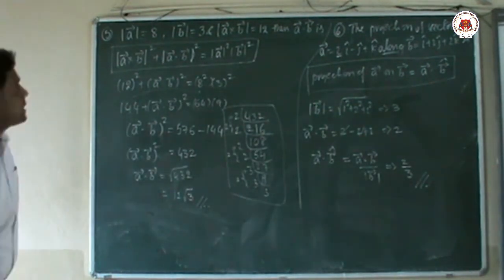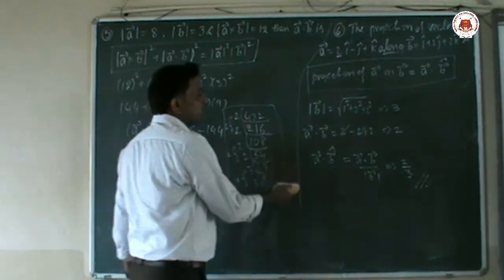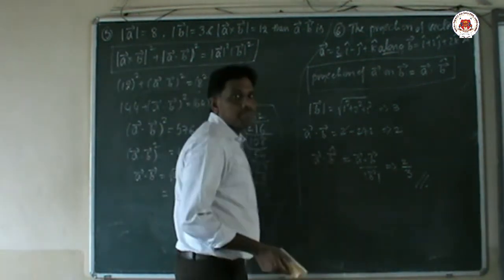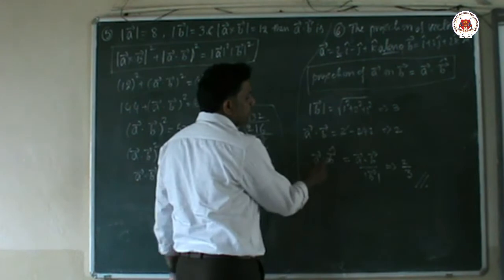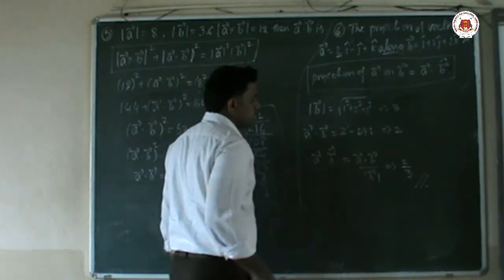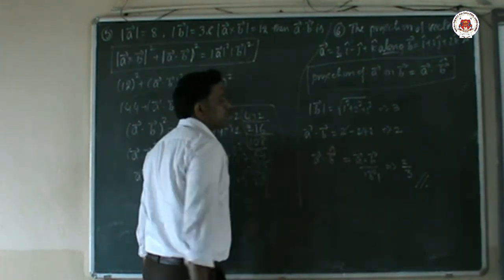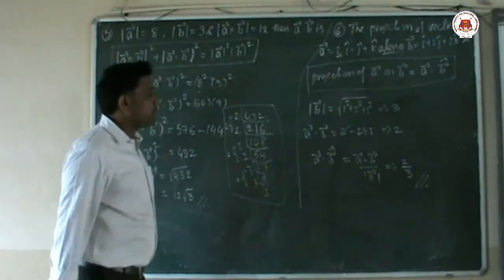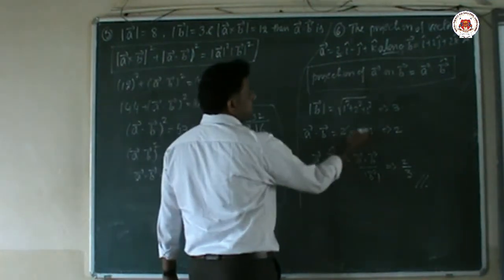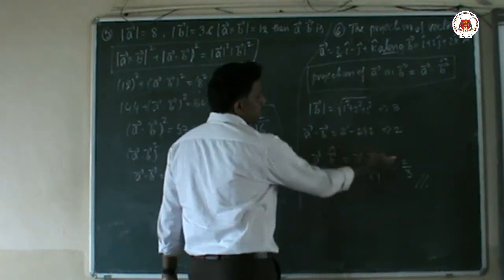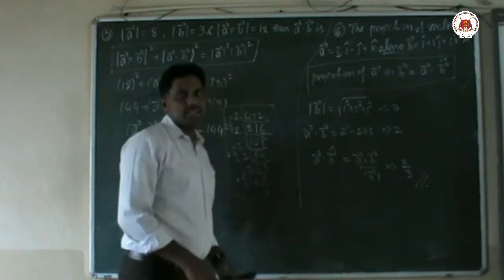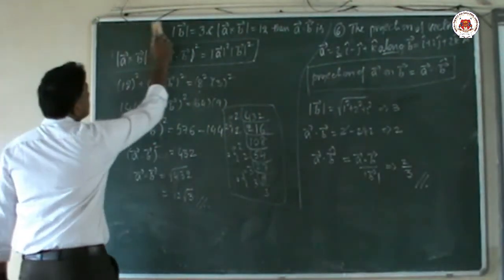Now we will go to the seventh question. So I hope people have understood A vector dot B cap. Any vector cap means the formula is vector by its modulus. For any vector, this is called the unit vector. So B cap means B vector by mod B. Here the dot product, we already have the answer: A dot B answer is there, mod B answer is there. Now we will go to the seventh question.